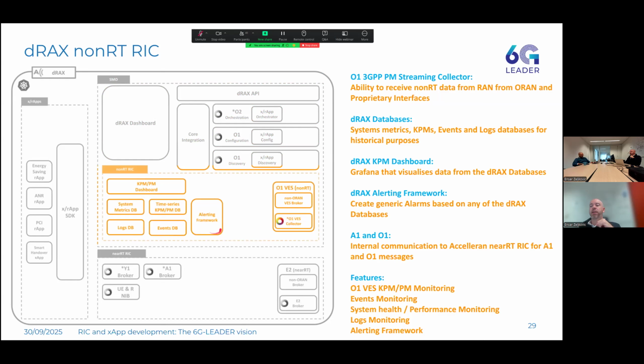These alarms and alerts can also be utilized by the xApps to react upon them in terms of, let's say, fault management or those kind of use cases as well. Of course, as with any modern product, we have a dashboard, which is basically a Grafana built into the product, so you can visualize any of this data that's available in the databases. But we often also say that you can visualize any type of data that's available in the system, including creating dashboards for your xApps as well.